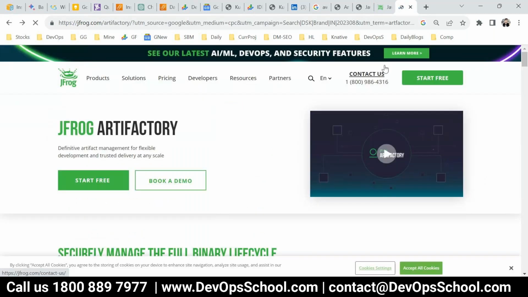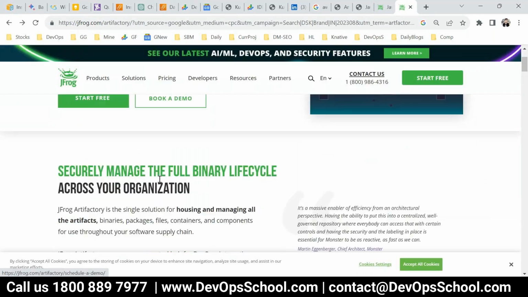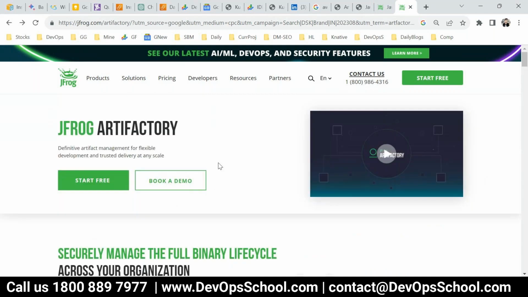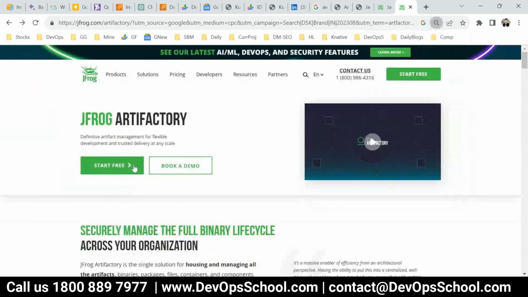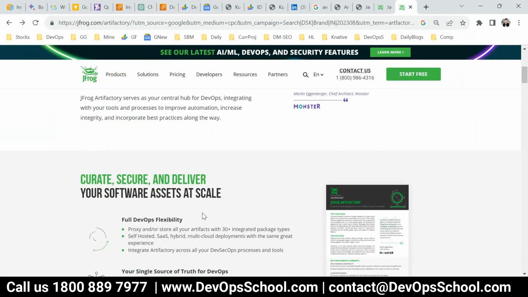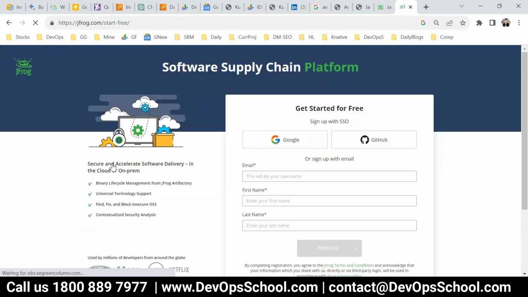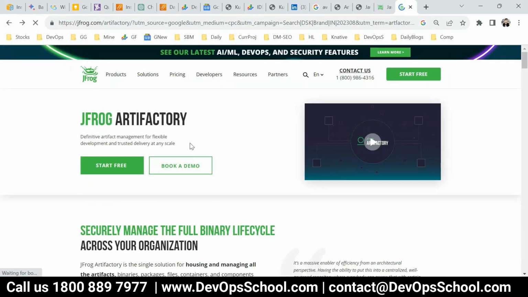So what I'm doing right now, I'm going for the trial version. How many trial days? I think they will give you 14 days or something. Okay. So trial version, what they have basically,